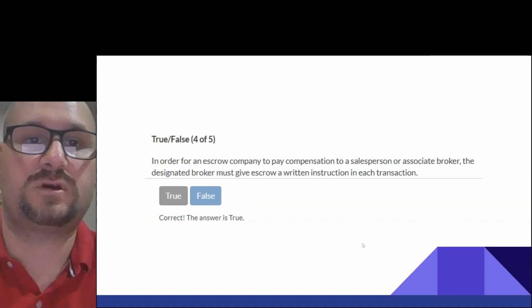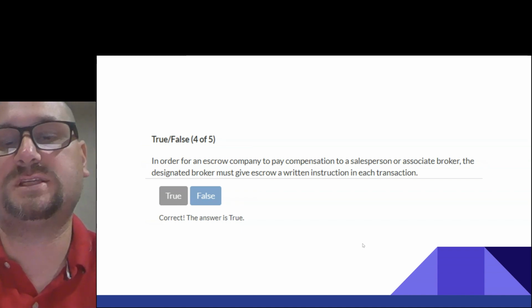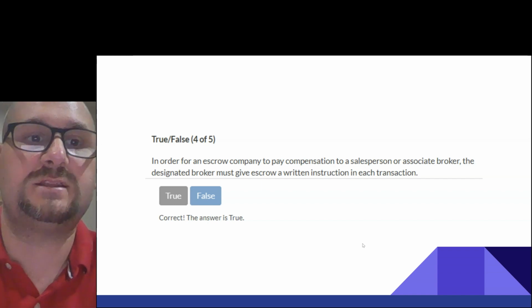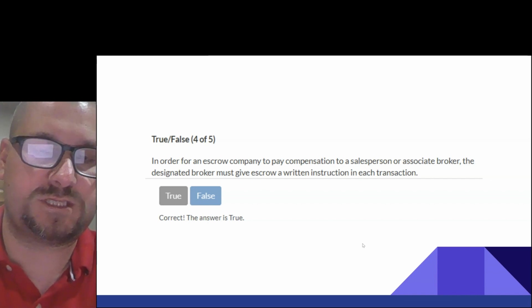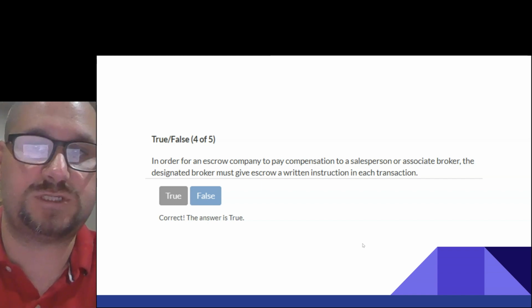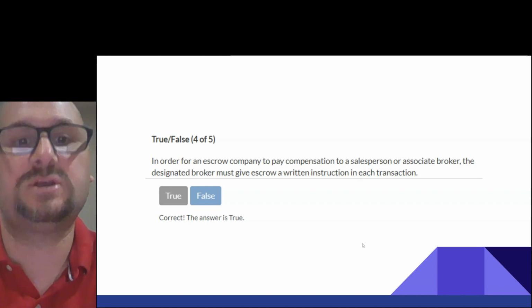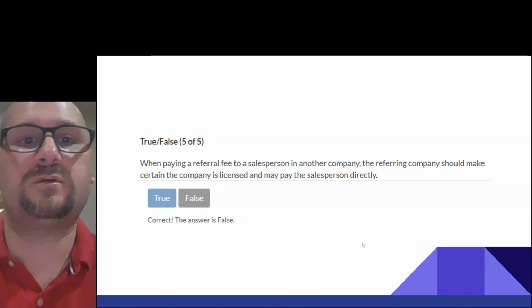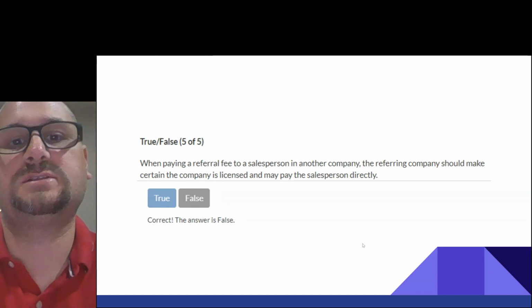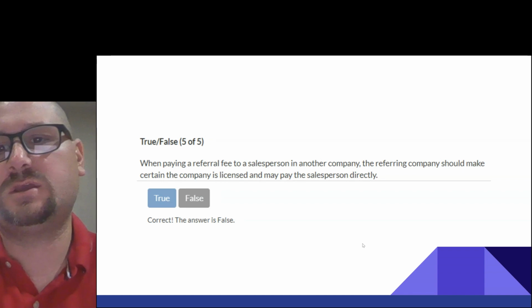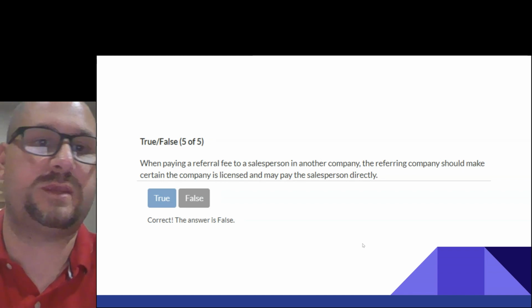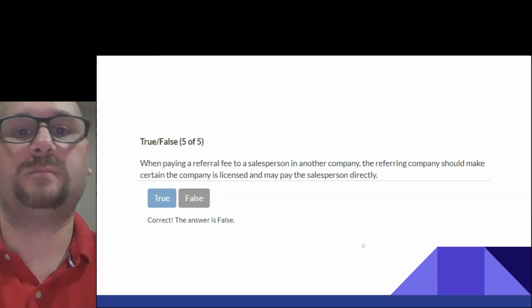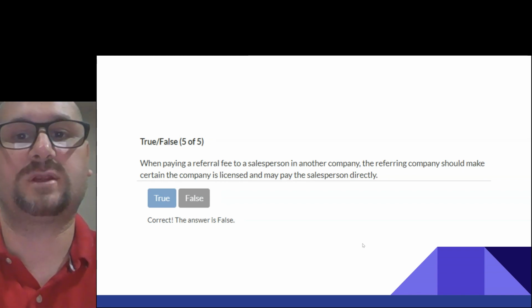In order for an escrow company to pay compensation to a salesperson or associate broker, the designated broker must give escrow a written instruction in each transaction. True. When paying a referral fee to a salesperson in another company, the referring company should make certain the company is licensed and may pay the salesperson directly.